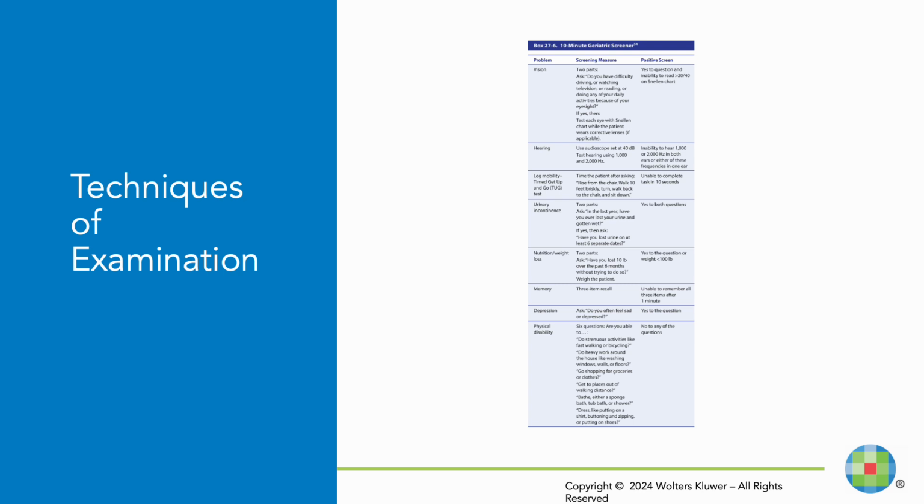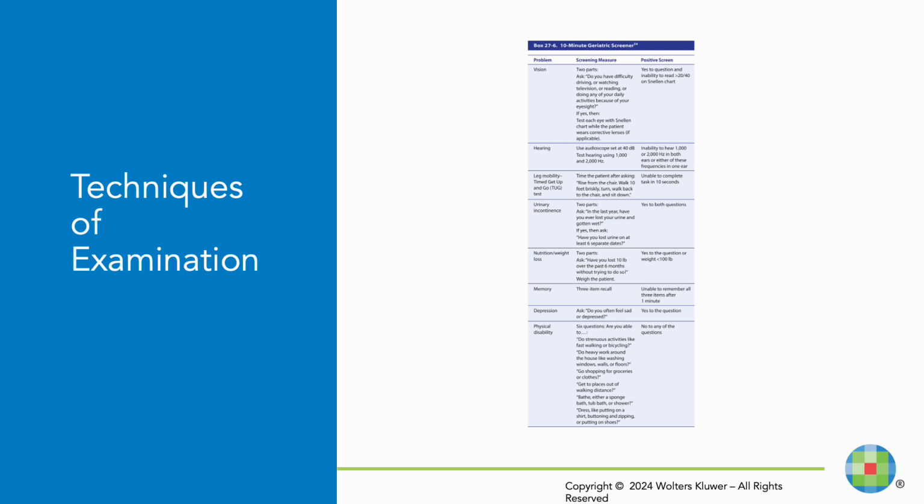Have them walk in front of you. Do they get short of breath? Can they stand up? If they're not able to complete a short 10 feet brisk walk, they're probably not able to have, or they don't have four meds. Ask about urinary incontinence, forgetfulness, waking up wet. Have you lost any urine? If it's yes to these questions, assess them for a UTI. Have they lost weight in the last 6 months without trying to do so? Weigh the patient. What's their BMI? What was it at their last appointment?